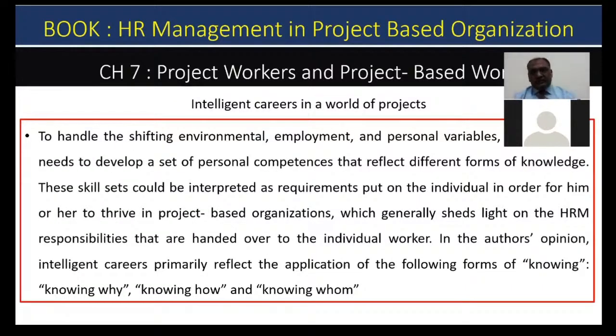Now, this slide says intelligent careers in a world of projects. It says that within the project, there are certain parameters that actually build that project to the culmination. And what are those parameters? Those parameters are the ingredients of an intelligent career, and those are knowing why, knowing how, and knowing whom. If we explain these things, we come to know